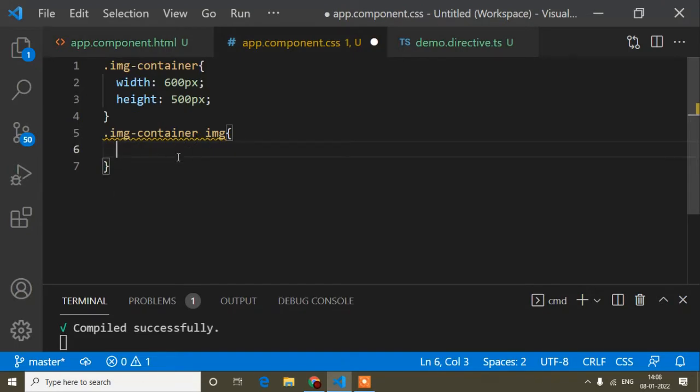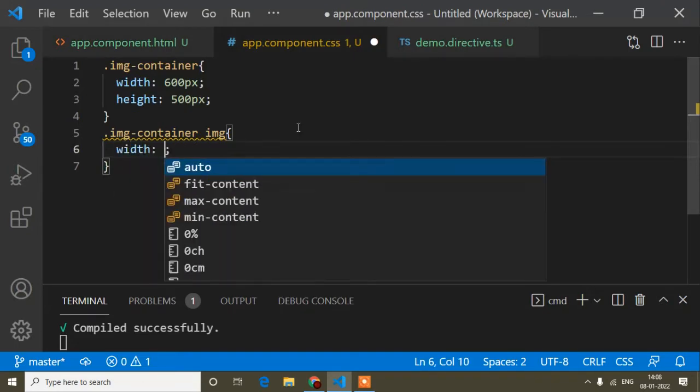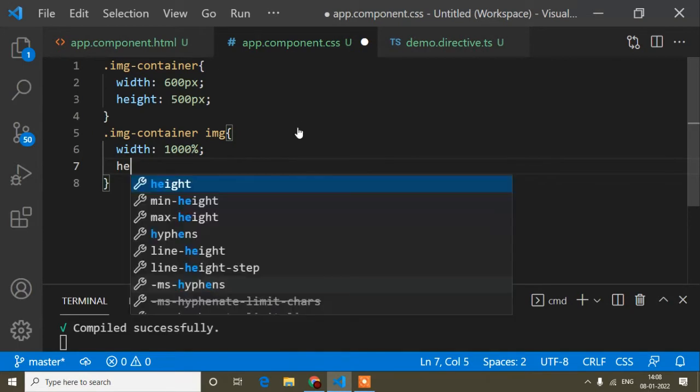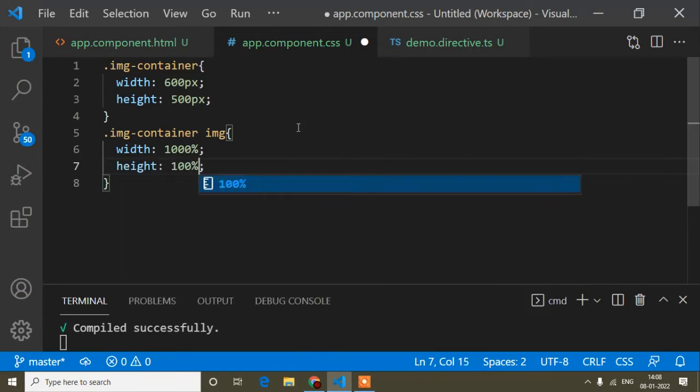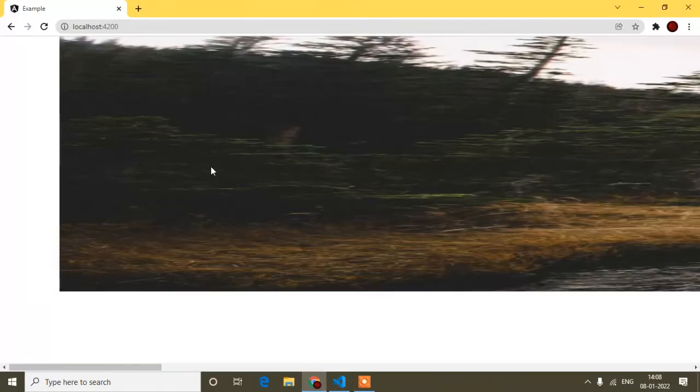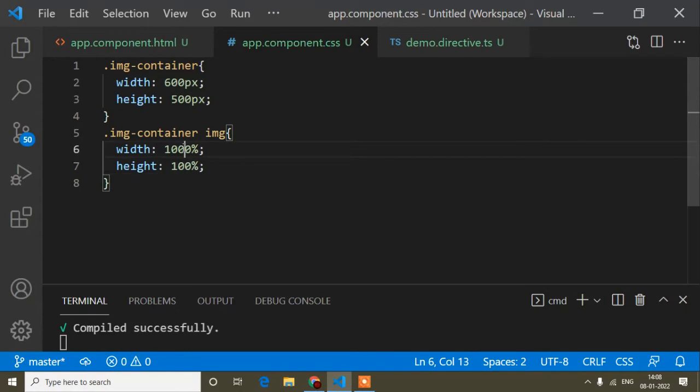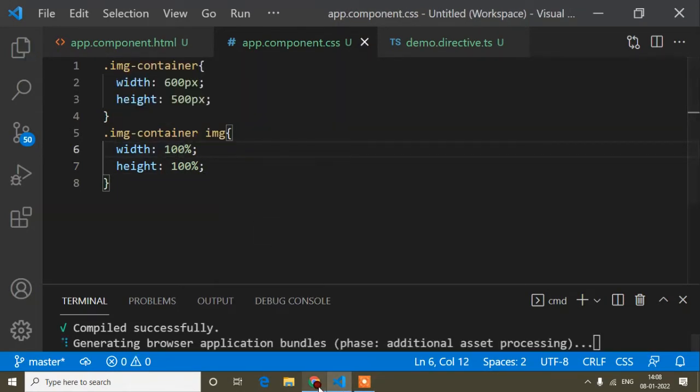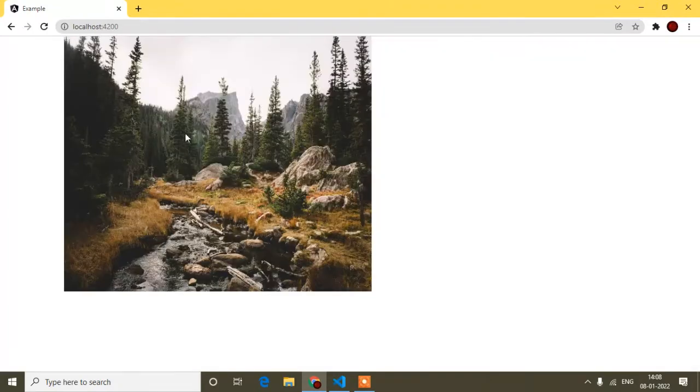Here I will write width is 100% and height is 100%. This is very basic HTML and CSS. I hope you can understand this. And now if I show it here, it's showing like this because it's 1000%, so I will write 100% here. Now you will find it looks better.